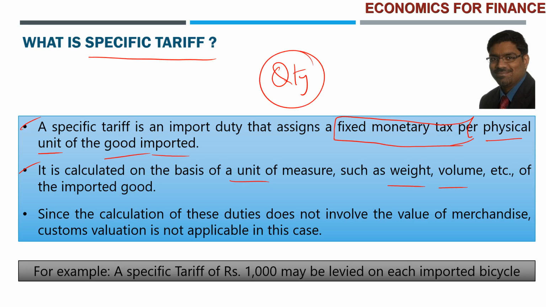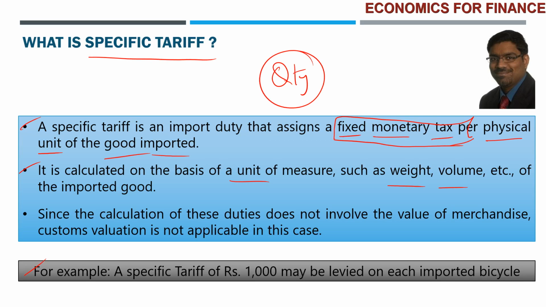If you take example, for example, example only, don't think these are all real. Let us say a specific tariff of 1000 rupees may be levied on each imported bicycle. Like that government policy is there, let us say. So for each bicycle 1000 rupees. Maybe some bicycles are worth 2000 rupees, maybe some bicycles are worth 10,000 rupees, doesn't matter. According to this policy, if the government applies, though it is rare, if government says specific tariff is 1000 per bicycle, it doesn't matter what is the bicycle. Irrespective of the value of the bicycle, for each bicycle the government will collect a tariff of 1000 rupees. Like that it is fixed